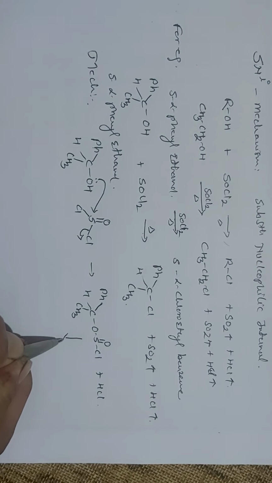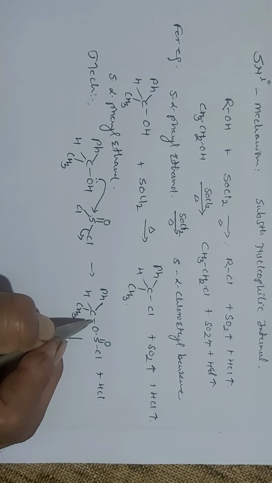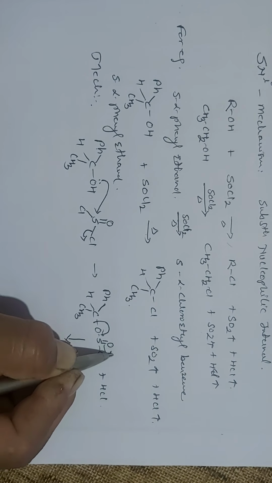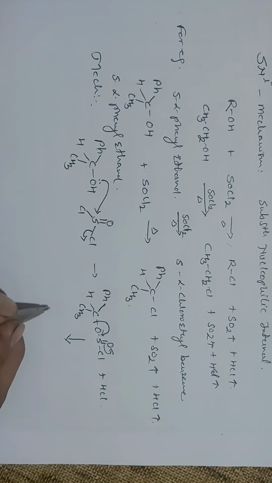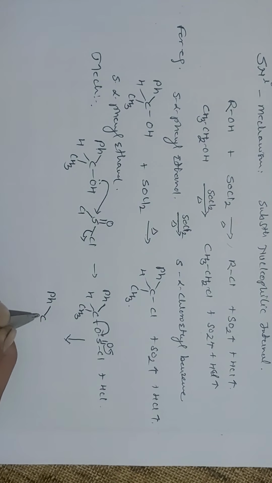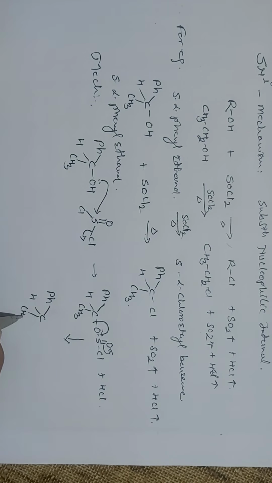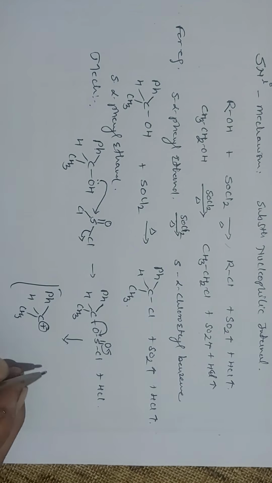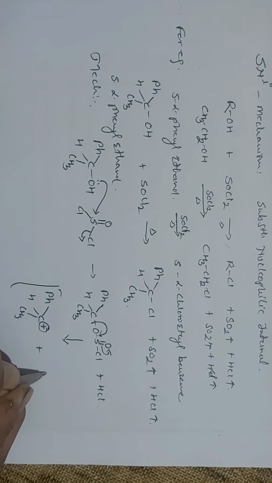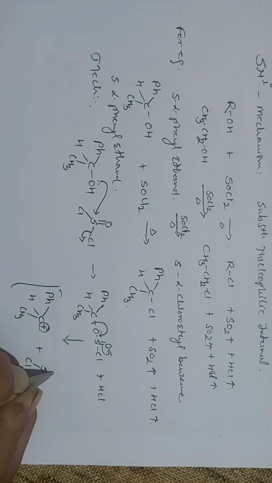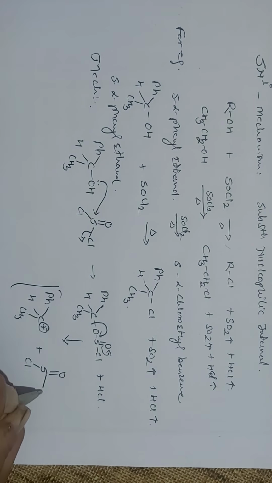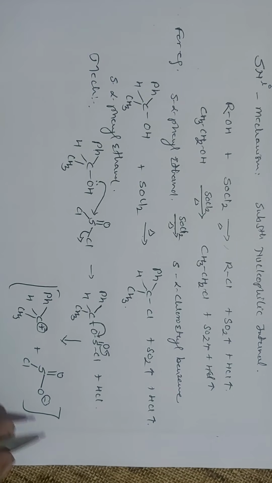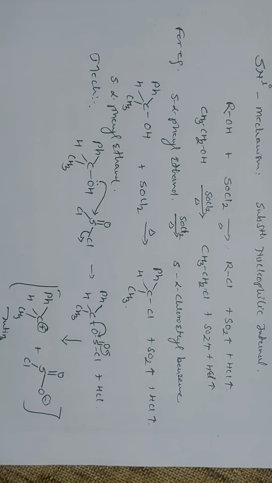And this gives the formation of the intimate ion pair, where this donates the electron pair to oxygen, and you get the formation of an intimate ion pair where the carbon bears a positive charge, and here the sulfur with negative charge. So both the ions which are formed in this are called an intimate